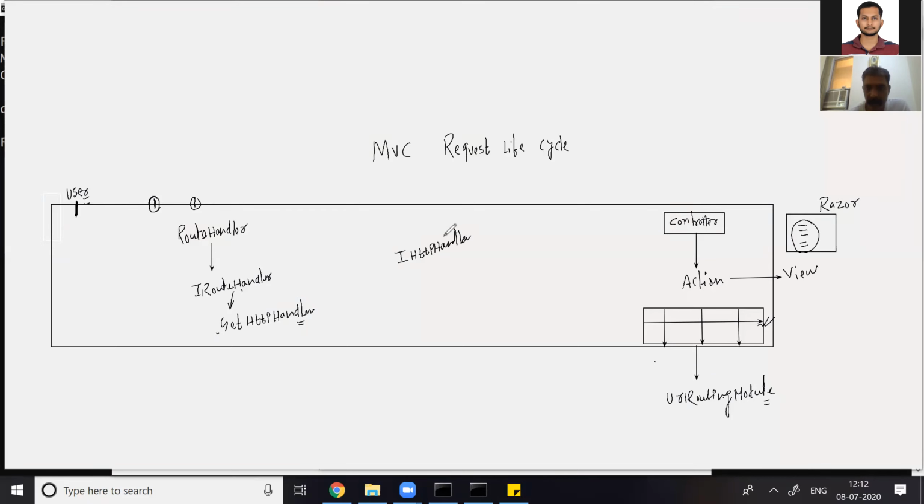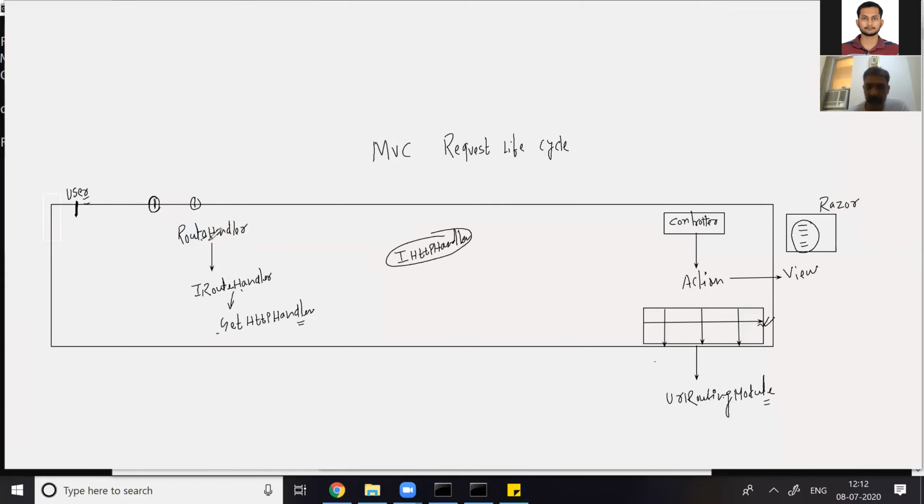And the topic is why you want to customize the request pipeline, or what is a request pipeline? What are the processing steps of the MVC request pipeline? First, the URL routing module. Second, the route handler.